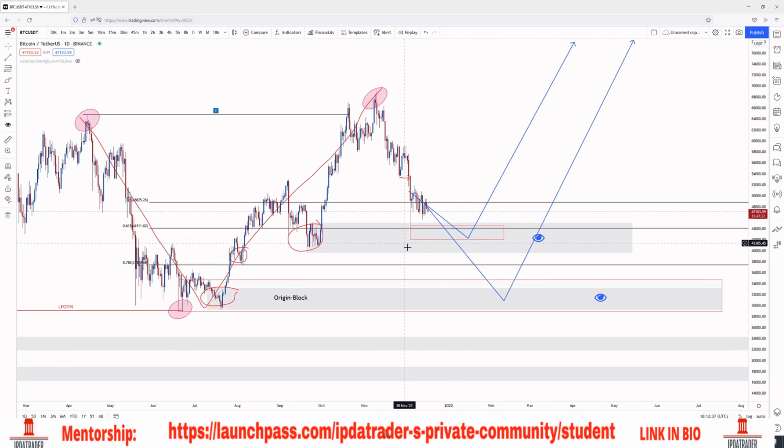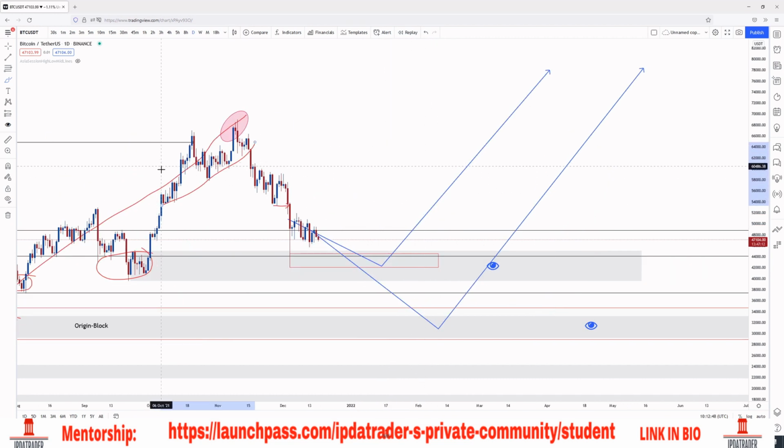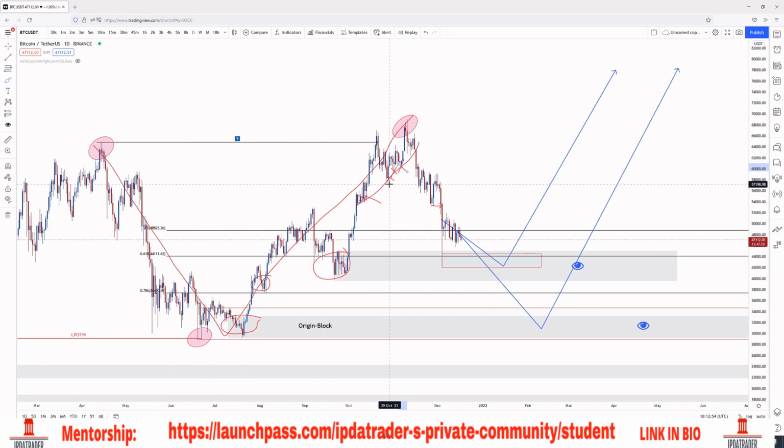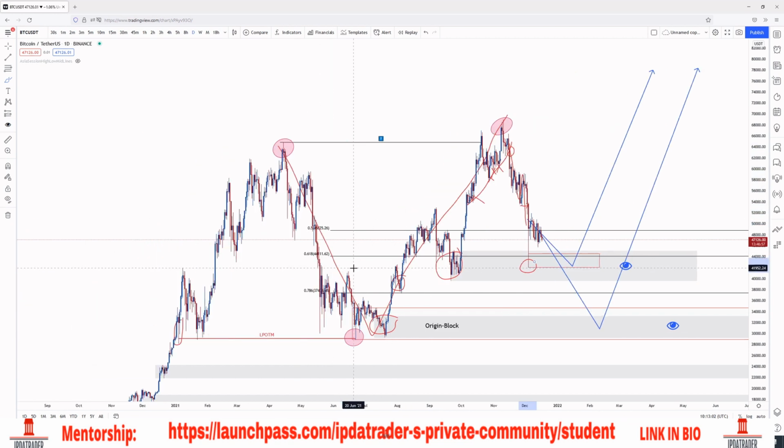We're currently approaching better demanded zones. We've been filling inefficiencies on the way down, which is extremely good. We've actually engineered liquidity on the way down as well on a little bit of a lower time frame, right? What is this? This is a trend line for retail traders, right? Retail traders are saying to themselves, hey, trend line over here, let's buy, right? People buy over here, they get taken out extremely easily. We move into a better demanded zone, right?